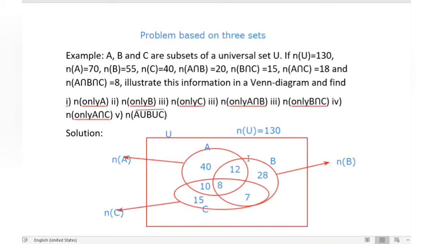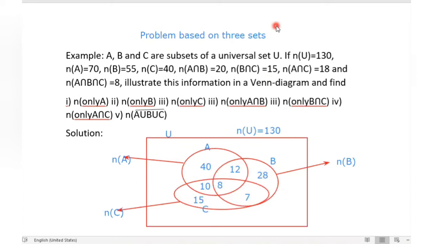Here, up here, 70, because in A we have 70: this plus this is 70. So already we have done 70. Now you can do the calculation: 28 plus 7 is 35. 70 plus 35 is 105. 105 plus 15 is 120.